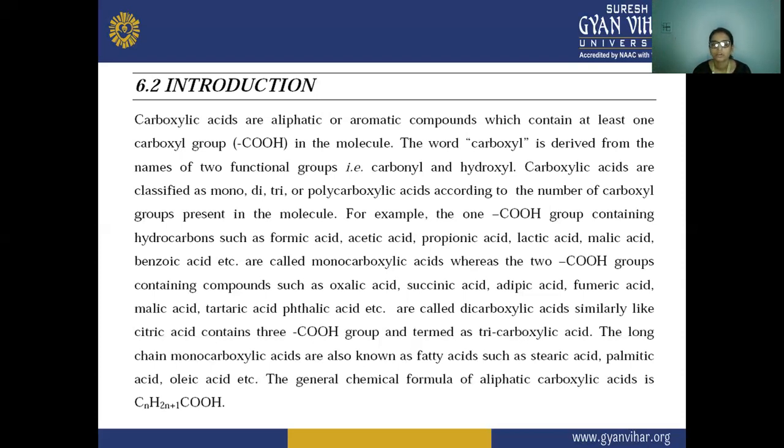Both types of compounds have carboxylic acids, containing at least one. If they do not contain a carboxylic group, then why would we call them carboxylic acids? So if an aliphatic or aromatic compound contains one carboxylic group, COOH, in the molecule, which is the functional group of carboxylic acid,